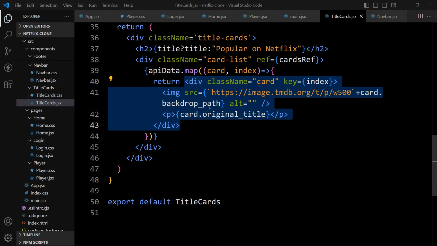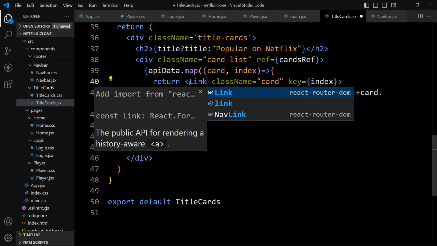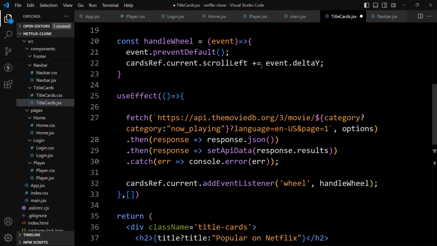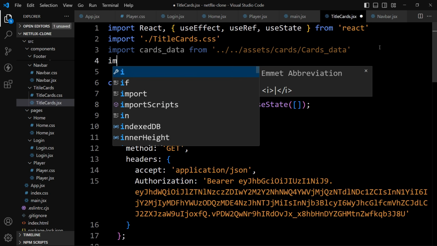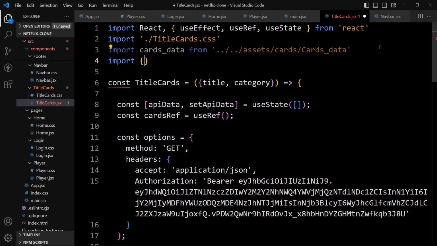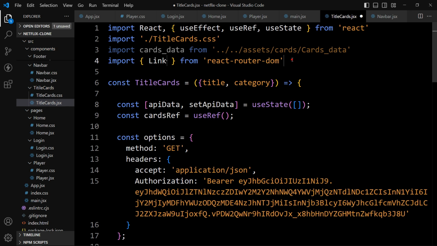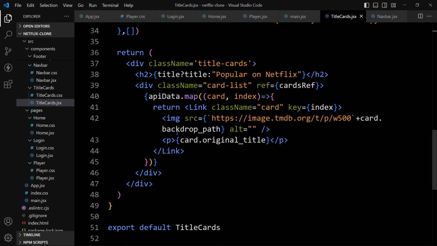So here let's add link tag. You can see here we have the closing link tag, and we have to import this link also. So here we'll add import curly braces link from React Router DOM like this. Save the changes, and here we have the link tag.